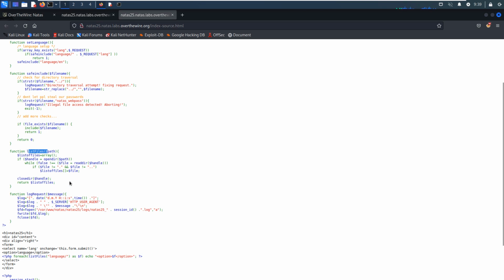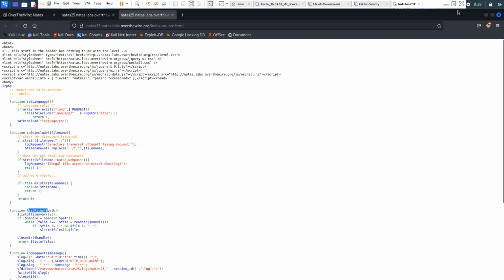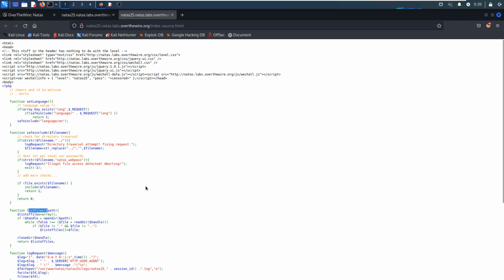So I think, of course, although there's some directory traversal control here, we can find some way to bypass it. As over here, this link will be added into the description section below. We can use this way or this way to bypass the control of the web application.